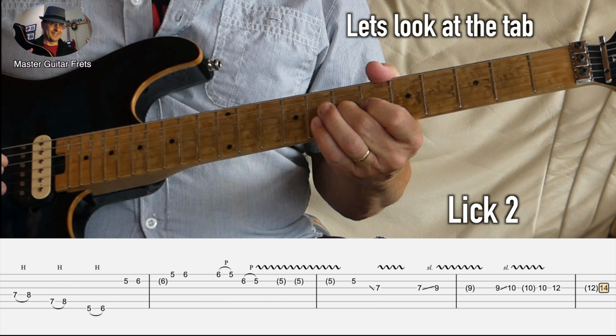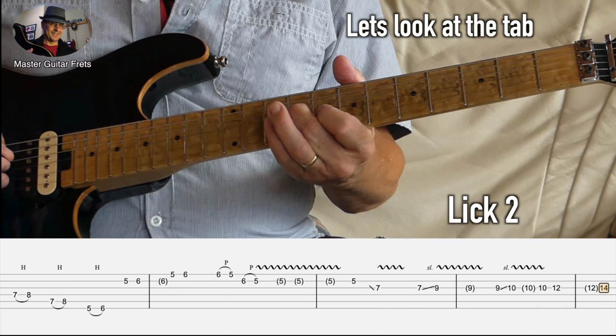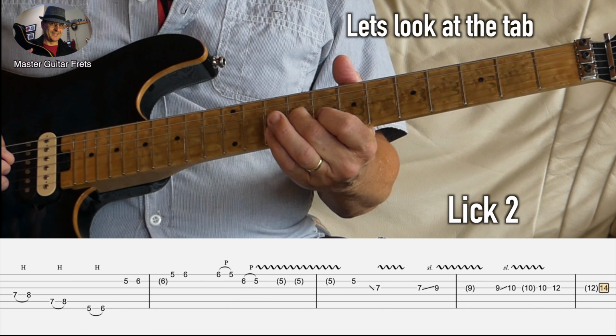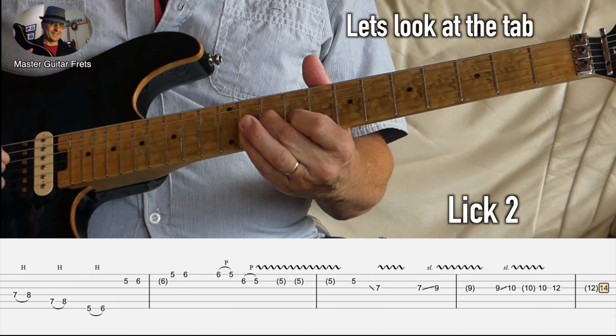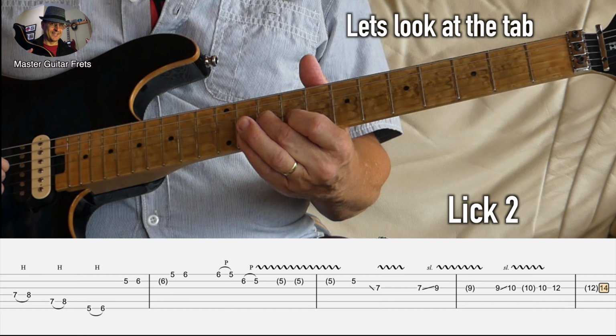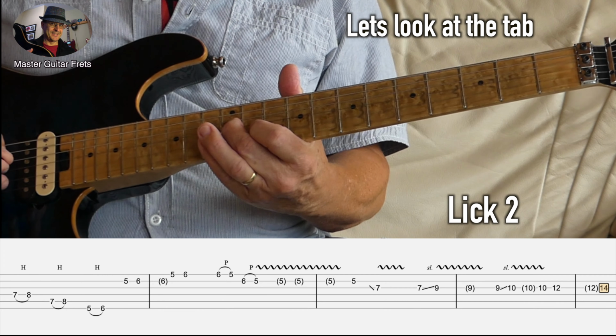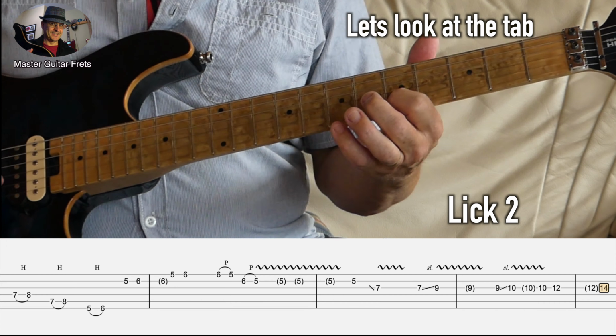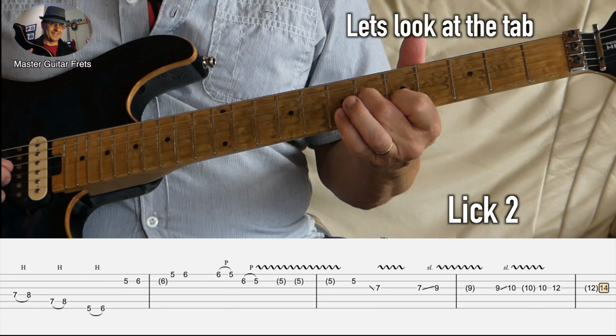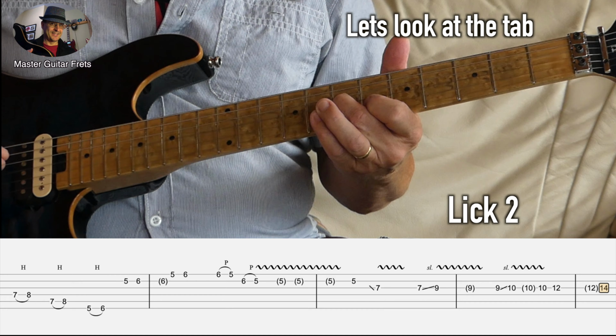Vibrato, we pick it again, we slide again to 9, G9, vibrato, we go to G10, vibrato, and we slide to G12. So we use our index finger first to pick, ring finger to slide. Pick again,